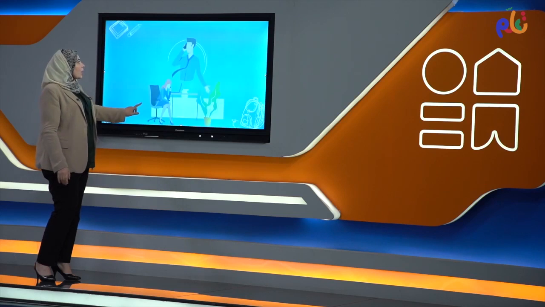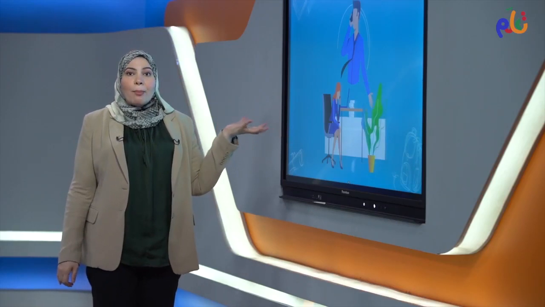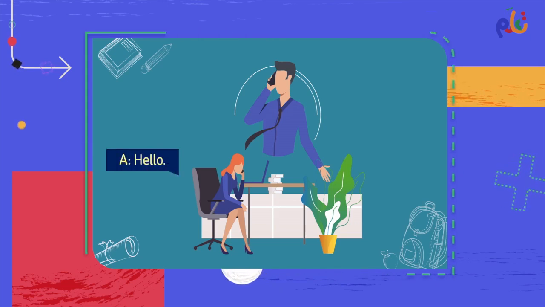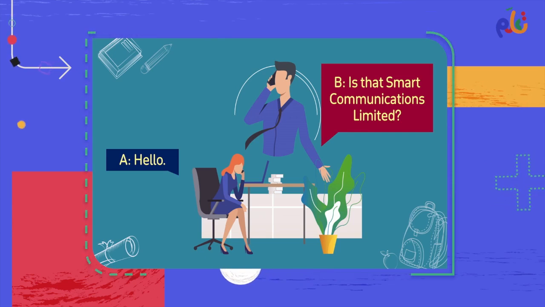So now we're going to look at a conversation between a person and a secretary. He's calling a company, and we're going to see two versions of the conversation. So together we will think which one sounds polite and which one doesn't sound very polite, or is not the best way to say it. The conversation here is between this gentleman and this office manager or secretary. She is working for a company called Smart Communications Limited. So this is the name of the company.